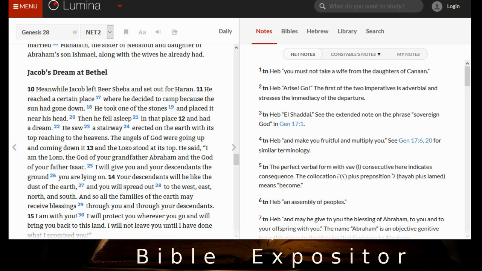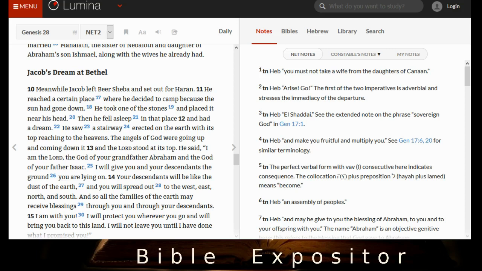So let's get right into it. We left off about verse 10 of chapter 28 in Genesis, and this is the account of Jacob's dream of seeing a stairway reaching into the sky, which was the picture at the start, the thumbnail image, with angels descending and ascending on it, and God himself was standing at the top as he saw it. And then God repeats to Jacob the blessing that had been given to Abraham and Isaac, his grandfather and father.